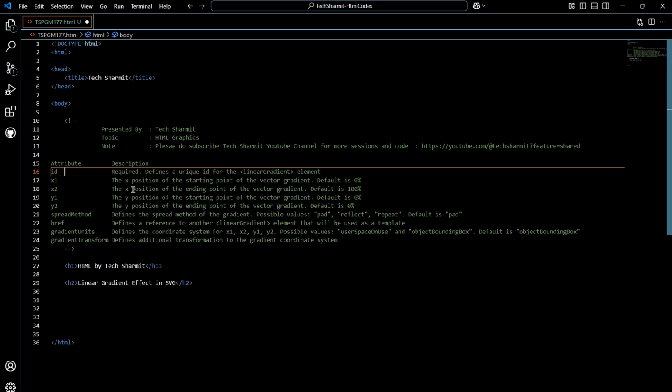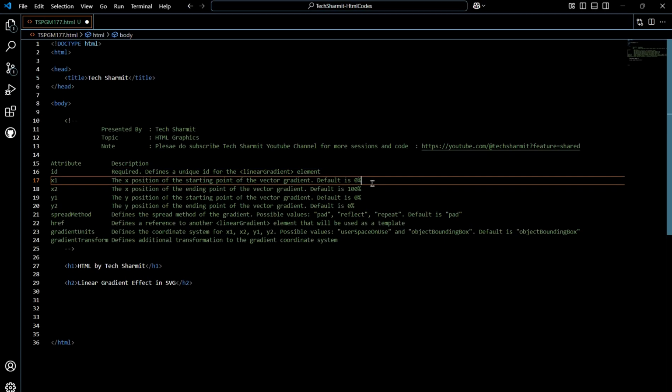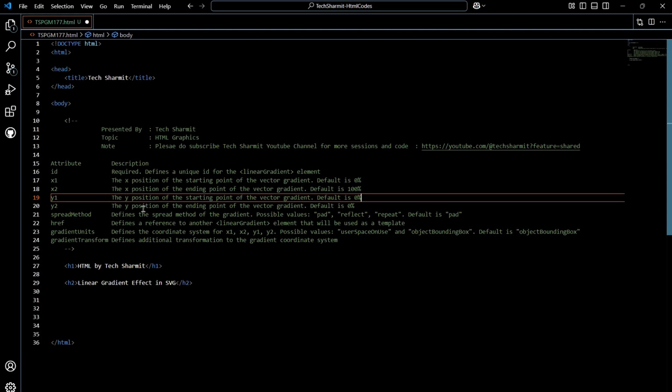Then we have x1. X1 means the x position of the starting point of the vector gradient. Here the default value is 0. Then we have x2, the x position of the ending point of the vector gradient, where the default value is 100%. Then we have y1, which is the y position of the starting point of the vector gradient, default is 0%. Later on we have y2, where the y position of the ending point of the vector gradient is, and the default value